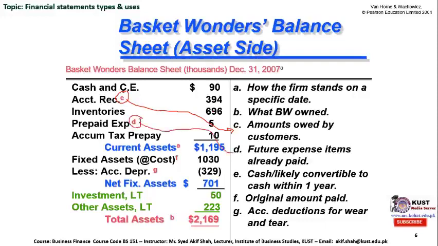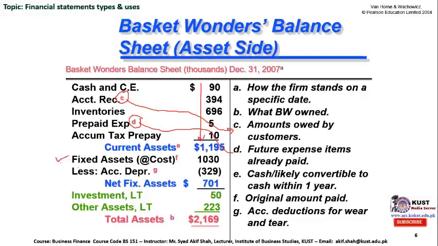Point number D explains that. Future expense items which are already paid. For example, the company might have paid the advance rent of 6 months, so that is known as prepaid expense. And similarly, accumulated tax prepay, advance tax payment or accumulation, which is $10,000. After summing them up, we have current assets of 1,195, and then the time comes to write down the fixed